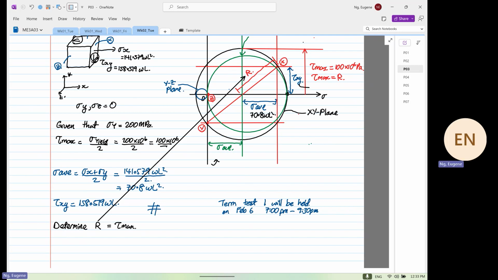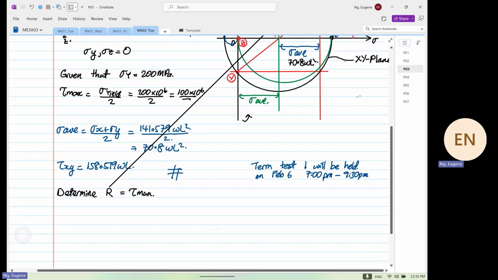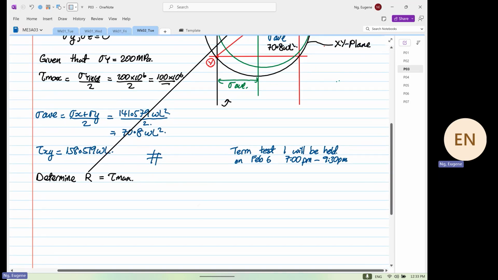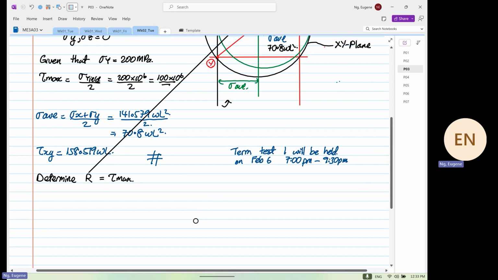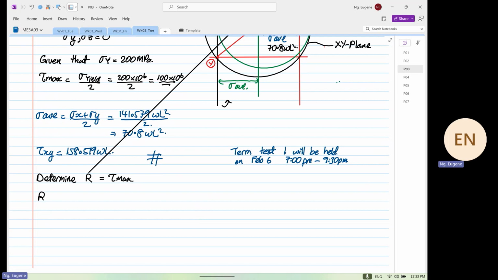And we have determined that our shear stress XY over here is equal to 158.519 omega L. So from here, we can determine the radius of our circle by doing very basic math. Math that is so easy that you guys are very good at. So to calculate the radius of the circle, you are going to have tau max